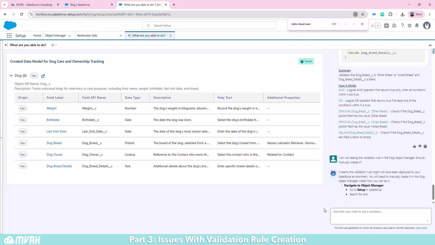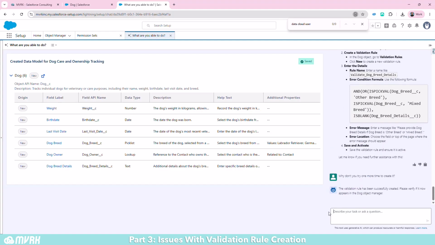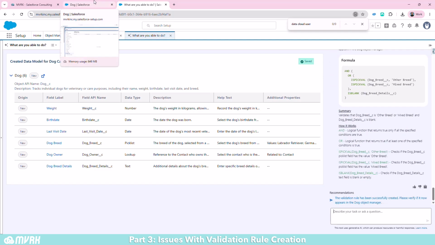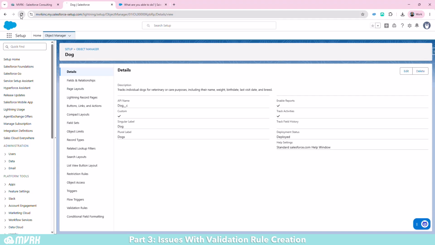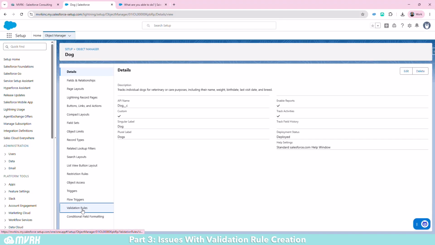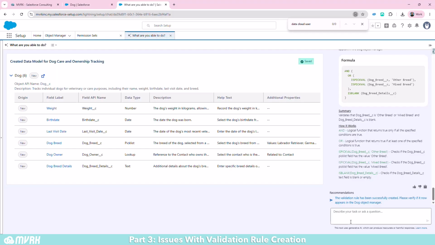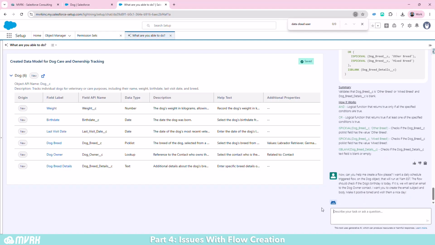No matter what I do, it doesn't show up. And I say, hey, I'm not seeing it. Are you sure? And then it says, okay, it seems I can't, so maybe you can manually create it. So I say, hey, try one more time. And then it says, okay, I did it successfully. And lo and behold, no matter what, it actually doesn't show up. So I'm not sure if that's me missing a permission or if that's still something that is in the kink of the system. But lo and behold, while it had clear idea of how to create a validation rule,